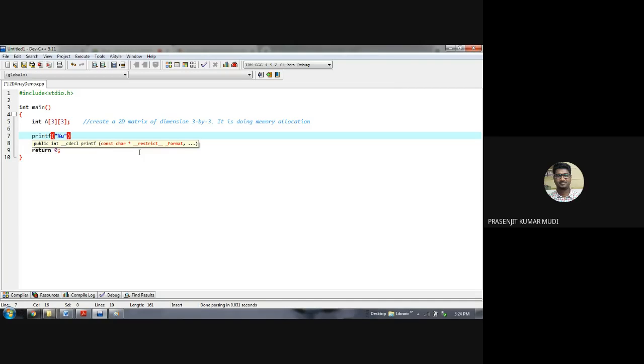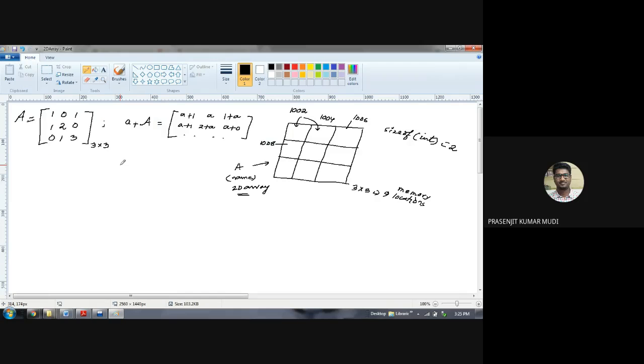The format specifier to display an address is %u, correct? Okay, so what is this? &a[0][0]. So a[0][0] means